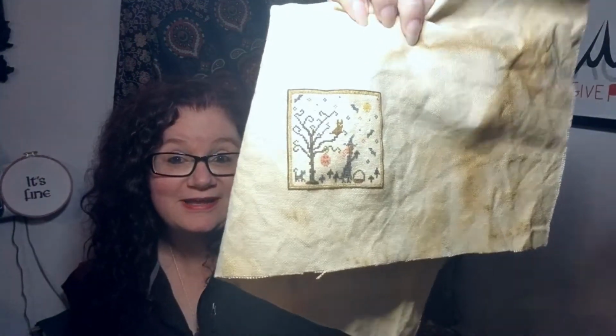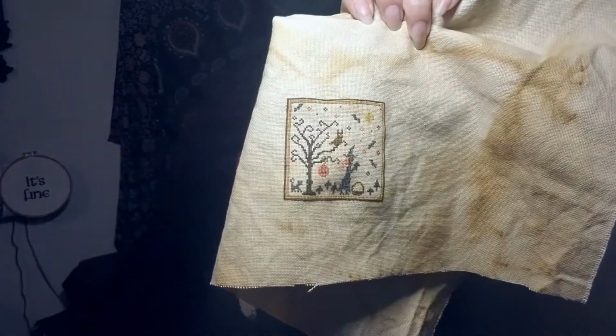Apologies if my framing and everything just changed. I had to go and get my finish. I have a finish! Look how, I don't know if it's focusing on me or it. Hold on. Maybe if we do things with a little bit of,